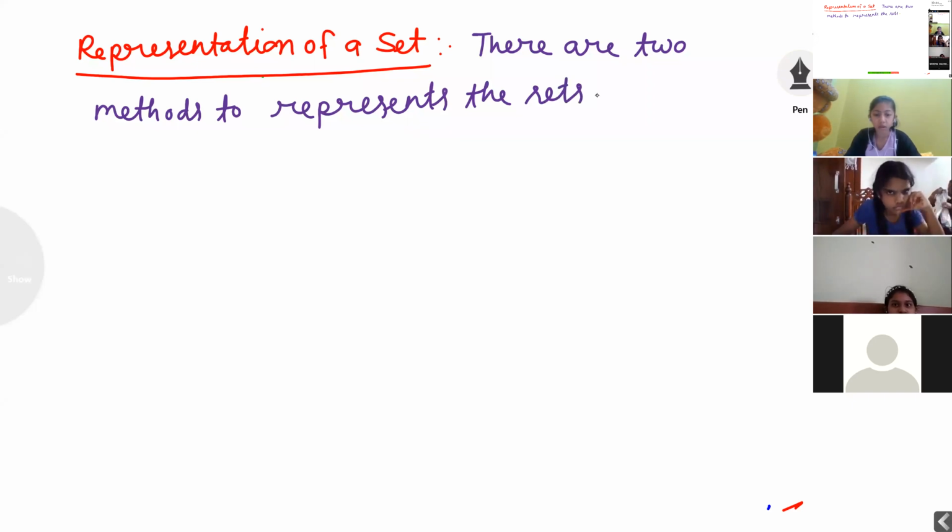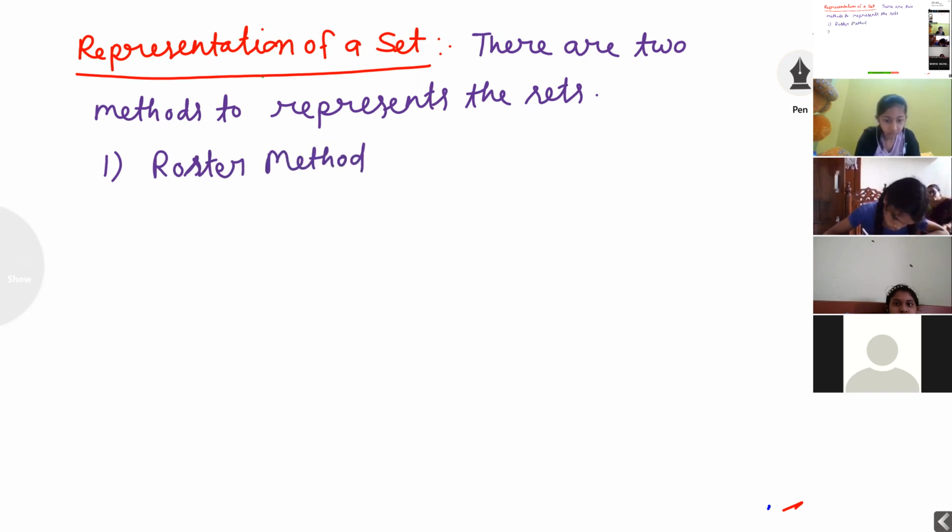First method is the roster method. Second method is the rule method or set builder method.